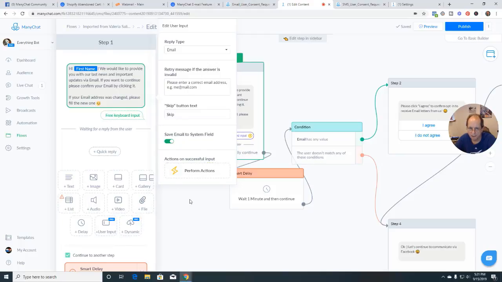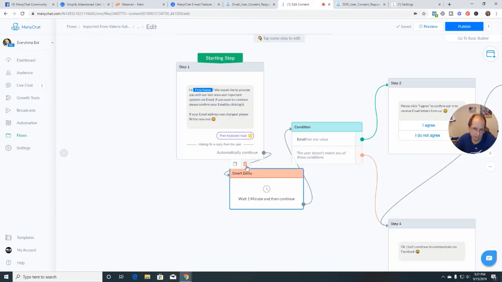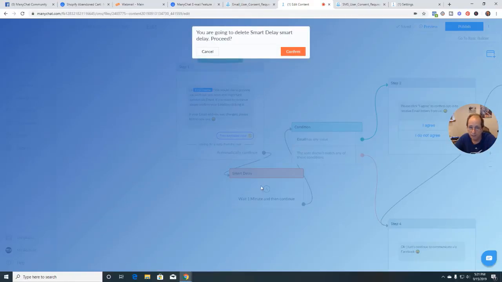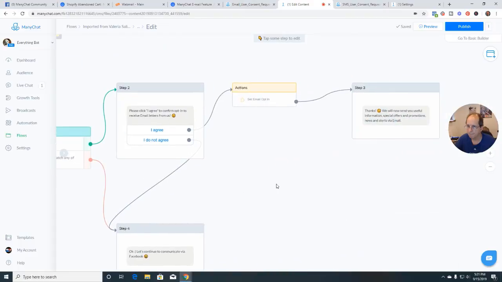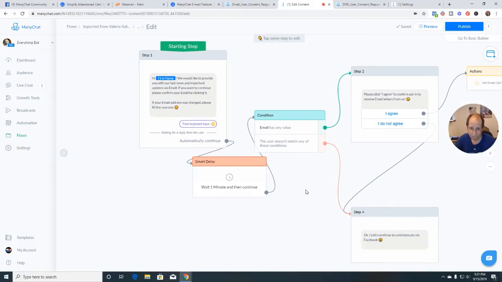So once you get it, what I would do is I would not do a smart delay. I mean, you can, but a minute's too long. You want to get them going to the green, so that you can get on with what you want to do with that. All right. So what I would do is I'd delete this,